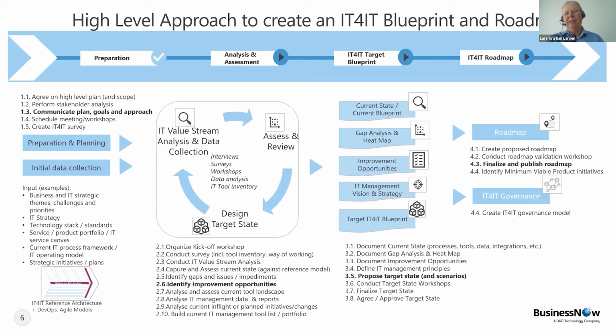Let's say a company that's really not getting benefit from the sales of the products that they're having, then you might go into the deployment situation, looking at the offerings that you're having. So the preparation and planning is where we're looking at what part of the blueprint, what part of the reference architecture we are looking at. Once we have that, and we have the communication, the plans and the goals and the approach also to the management, because they have to put in a budget to do this,